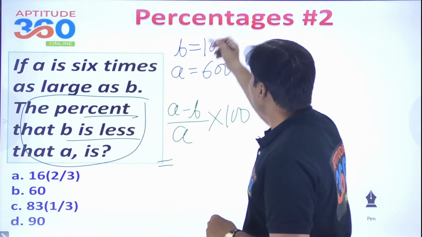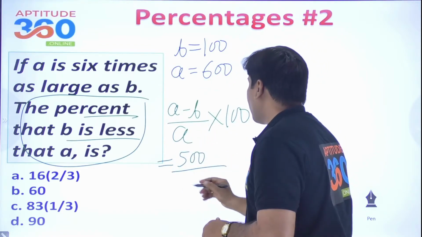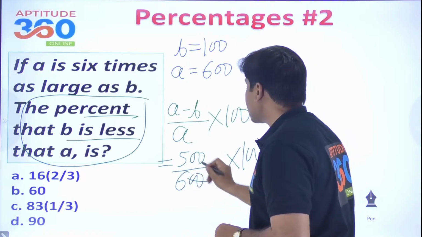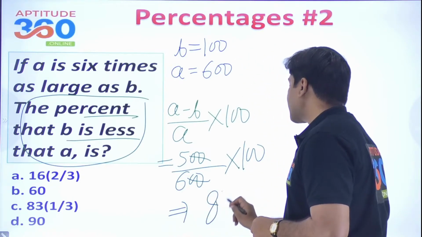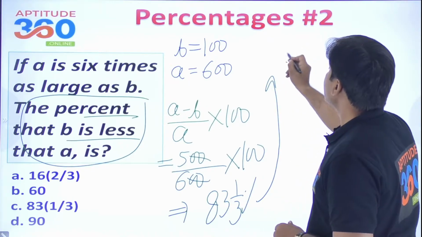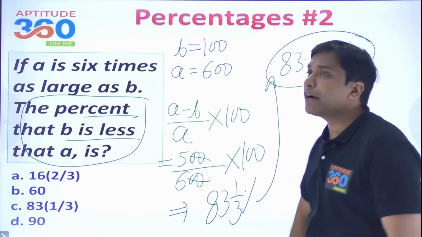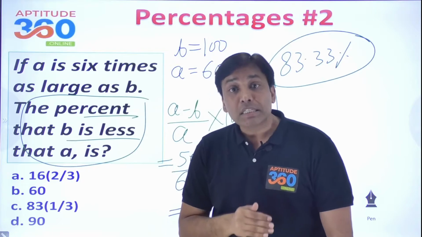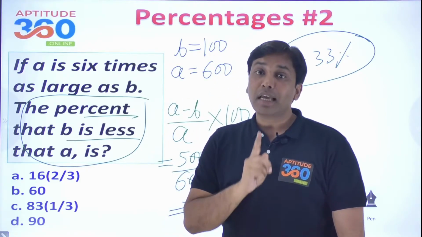And a negative b, if you see, is coming out as 500, and the value of a over here is 600 into 100. If you simplify this into 5 times 5 over 6, that would be coming out as 83 1/3%, or you can also write this as 83.33%. प्रॉब्लम तो हो गया सिंप्लीफाइड. कुछ करना ही नहीं था. क्या सीखना था? कंपैरिजन शुरू कहां से हुआ, and that value should be taken as 100.